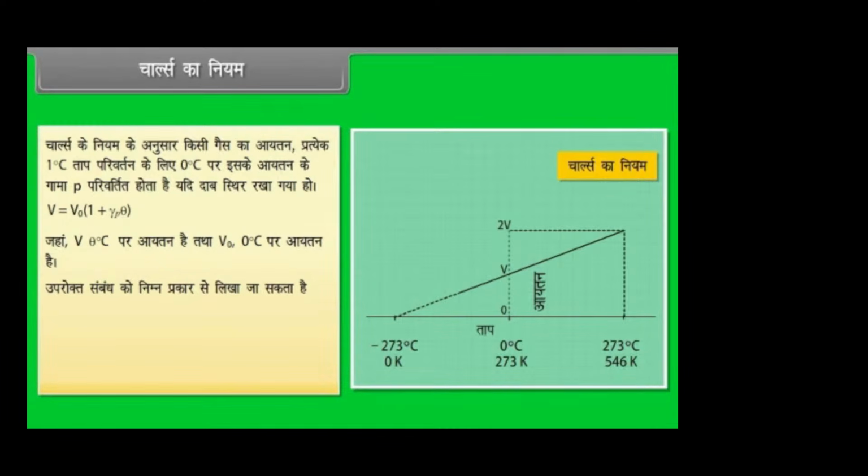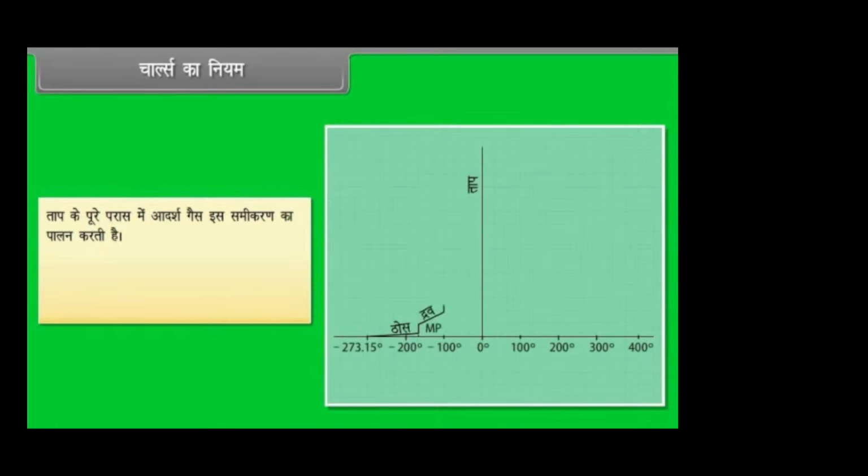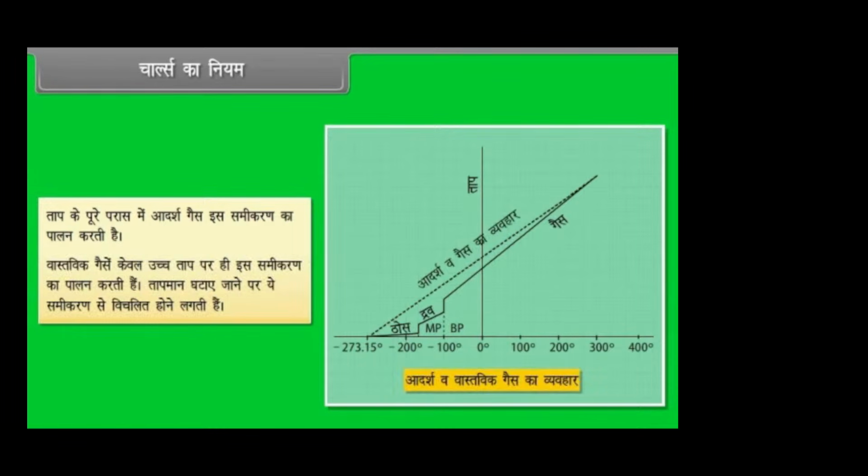उपरोक्त संबंध को निम्न प्रकार से लिखा जा सकता है। V = V₀(1 + θ/273)। समीकरण के अनुसार आयतन तथा ताप के बीच ग्राफ एक सीधी रेखा होता है। ताप के पूरे परास में आदर्श गैस इस समीकरण का पालन करती है। वास्तविक गैसें केवल उच्च ताप पर ही इस समीकरण का पालन करती हैं। तापमान घटाए जाने पर ये समीकरण से विचलित होने लगती हैं।